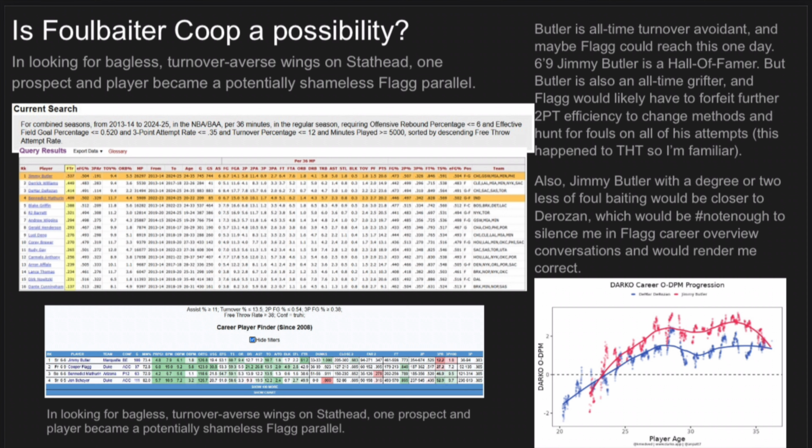The query that I used on StatHead was sub 6 offensive rebound percentage, so non bigs, sub 52 effective field goal percentage, which is just players who don't really score the ball all that efficiently, and a sub 3.5 3-point rate, which indicates players who are not bombing threes or getting up really any substantial 3-point volume within their diet. And then from there, just players who don't turn the ball over. So a 12 turnover percentage is on the lower end. And I found that Jimmy Butler and DeMar DeRozan are two players whose offensive games are